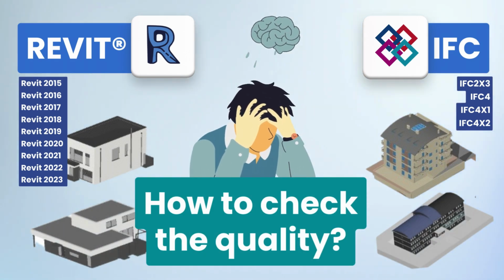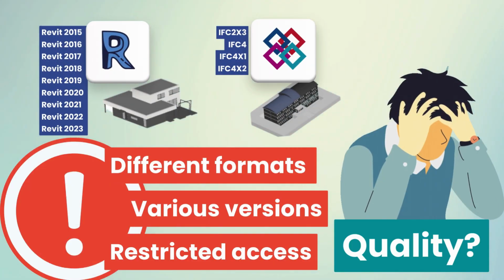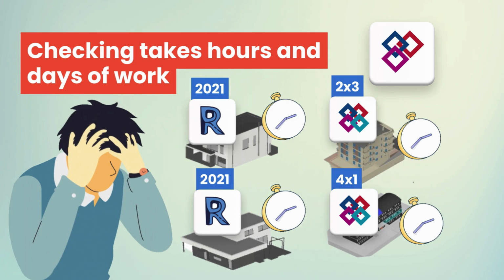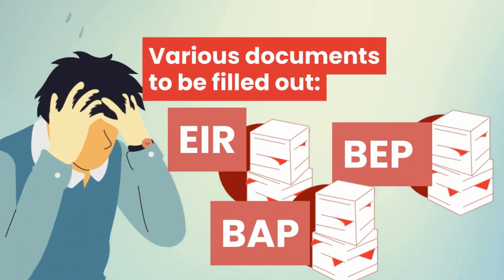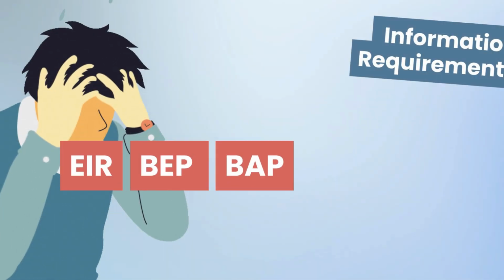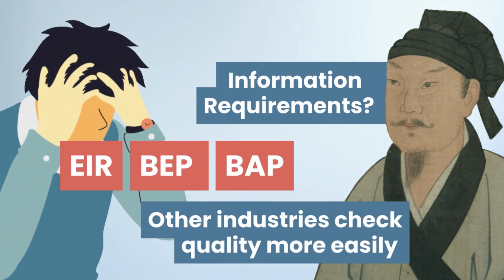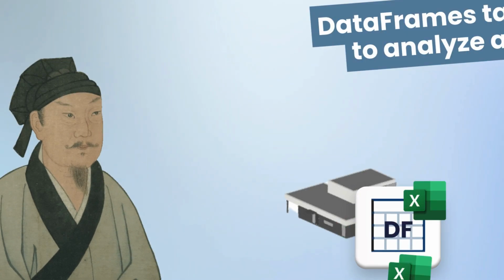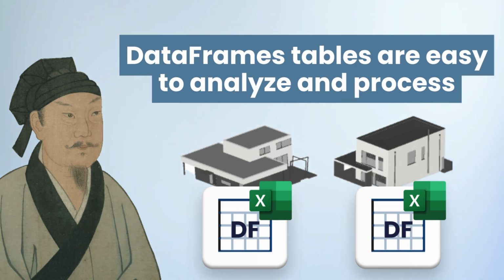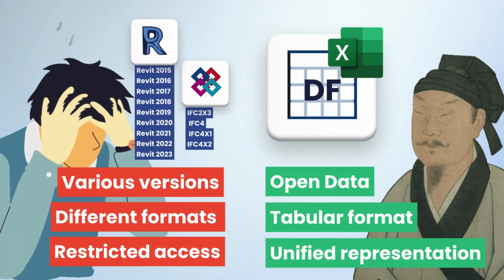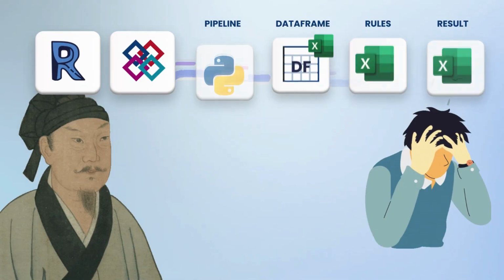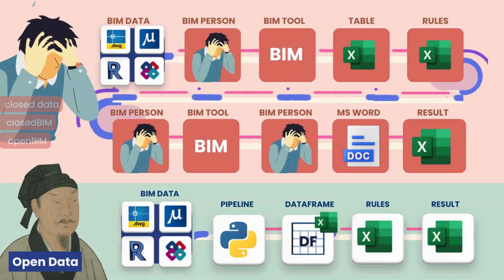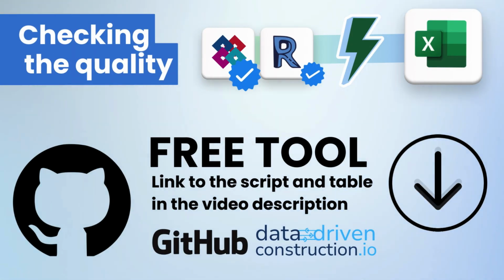Every day and week, data managers are tasked with validating dozens and hundreds of projects in various CAD/BIM formats. It takes hours and more often days for managers to verify the data to produce the necessary report. Different types of data requirements make the job of validation simply unbearable. However, by switching from complex and parametric formats to structured and granular data, the process of data validation can become incredibly efficient and swift. A consistent and unified data schema across all formats enables you to work with project data and validate it with just a few lines of code or simple spreadsheet applications. A fixed, structured form of data significantly simplifies processing and enhances efficiency by tens or even hundreds of times.